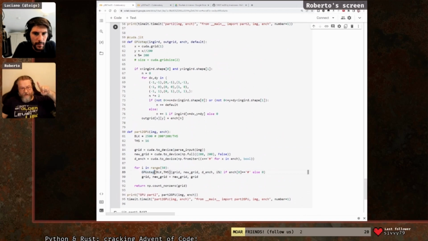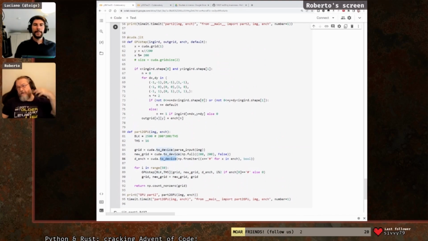With the GPU step function, note that it has this strange way of being called with these square brackets that tell the GPU how many blocks and threads to allocate. Blocks and threads are concepts in a GPU in CUDA. Threads can share memory between them, blocks don't share memory between them. But here there is no memory to share internally between the threads. There is all this stuff about thread synchronization. The Python interface to CUDA is simplifying a lot of stuff, but there are concepts that you have to digest before using it. So those are things that I create in Python, then I have to send to the GPU,